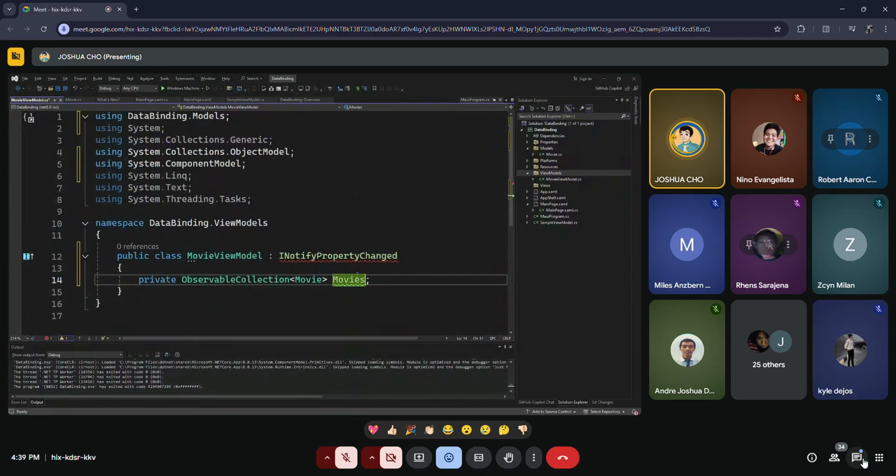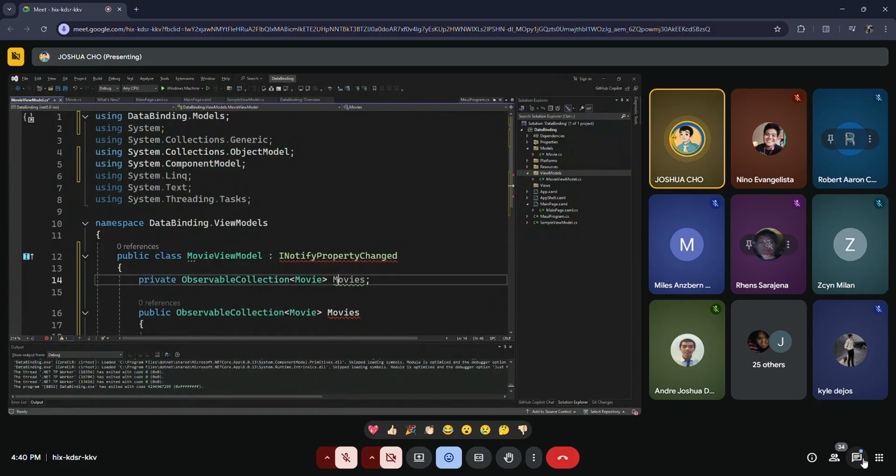Non-nullable, so it must contain that. Pwede ba siya string empty? Ayan lang. Okay, so we have the movies collection, then public observable collection, encapsulate na that, collection type of movies. Then movies.